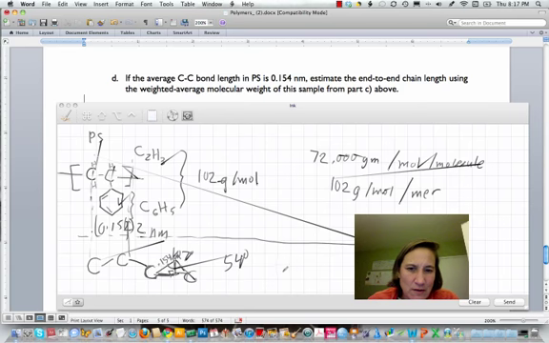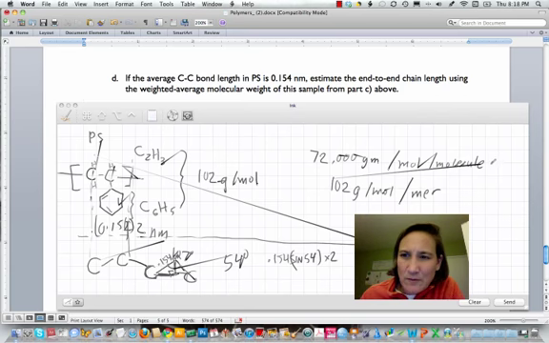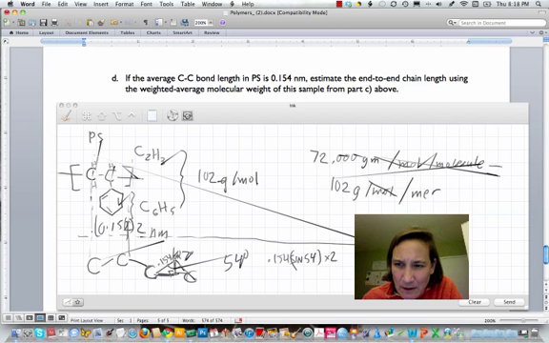So we know that the intermer distance is the sine of 54 degrees times 0.154 times 2. And from this value, if you take this ratio, the grams per mole cancels the grams per mole, and we end up getting about